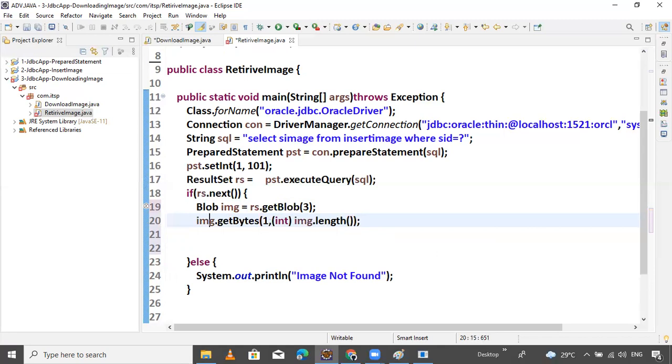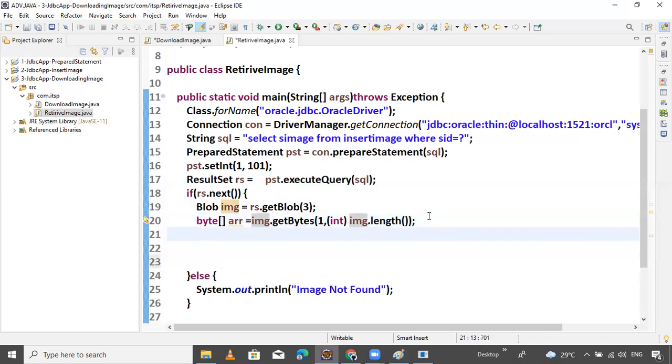Now store what it returns inside a byte array. The return type is an array of bytes, not getBytes. Why? Because this image file has lots of bytes. That's why we are storing it inside the byte array.